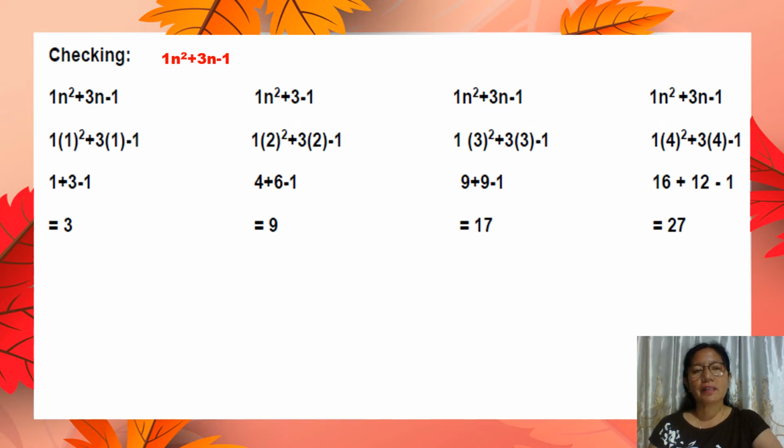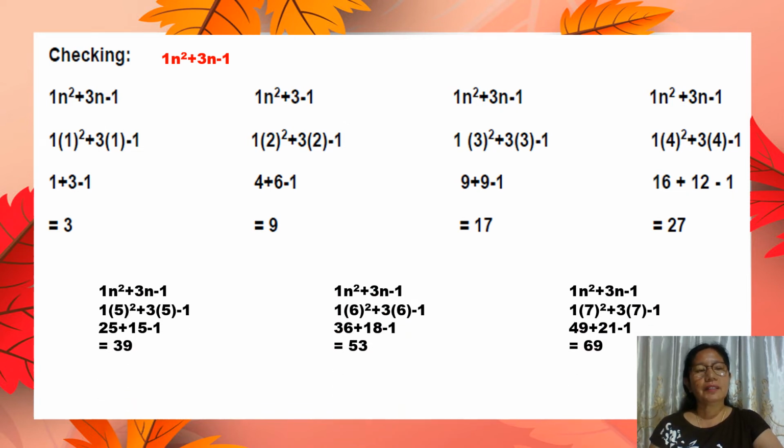If n is 3, so 3 squared is equal to 9. And 3 times 3 is 9. 9 plus 9 is 18 minus 1 is equal to 17. So if n is equal to 4, so 4 squared is equal to 16. 3 times 4 is 12. And 16 plus 12 is 28. And 28 minus 1 is equal to 27. So the sequence 3, 9, 17, and 27. Correct. Now, the next three terms,